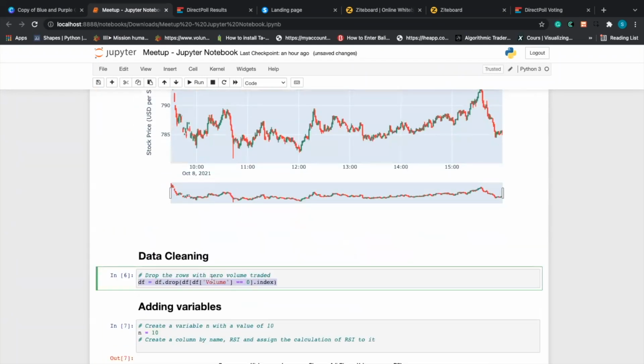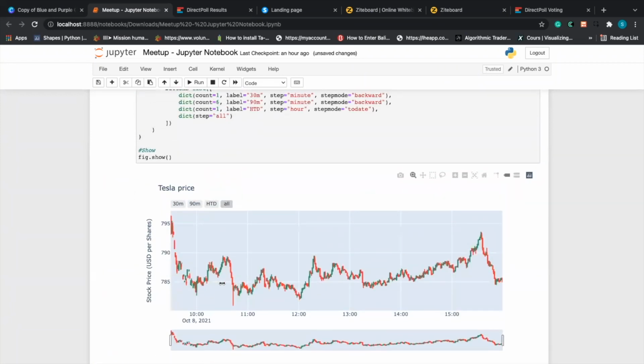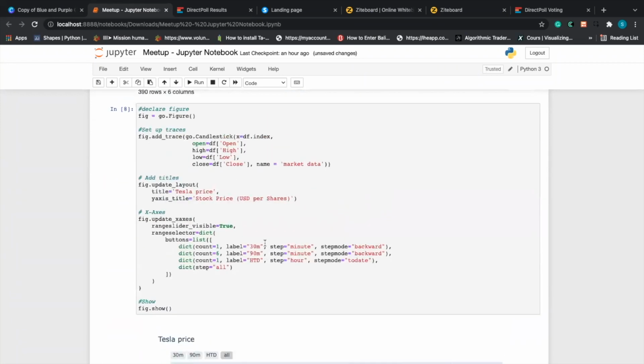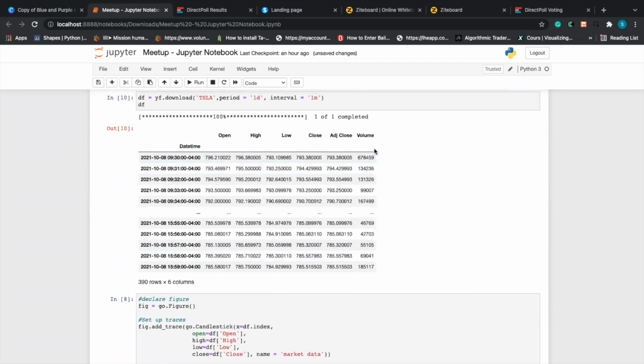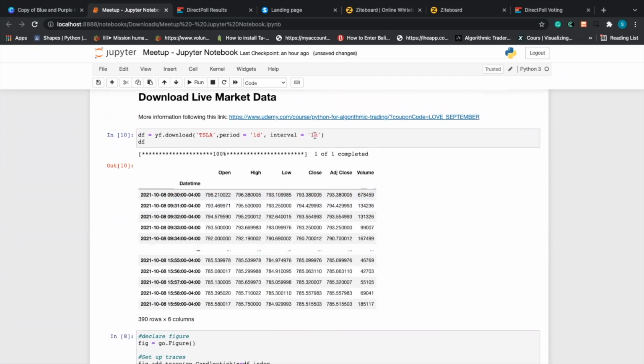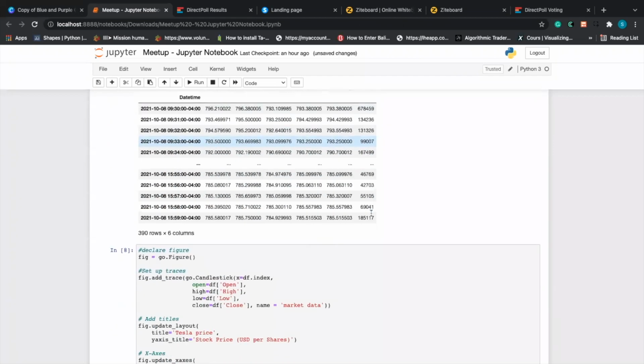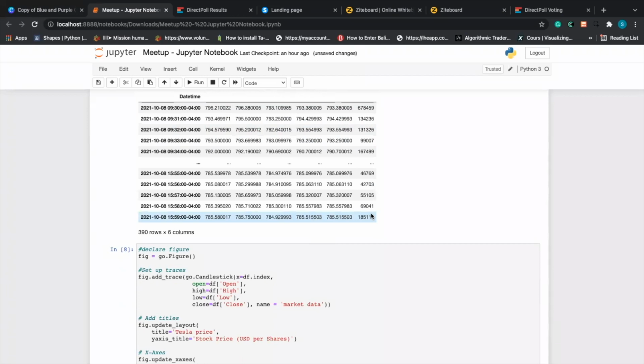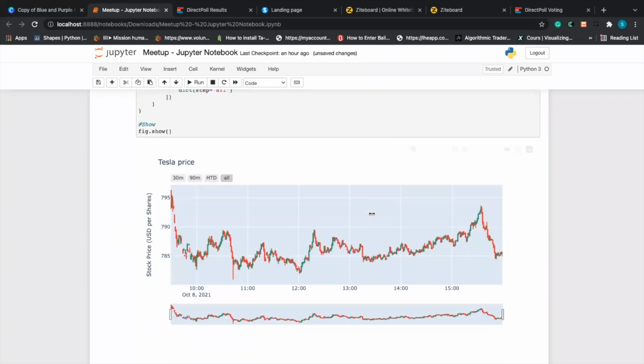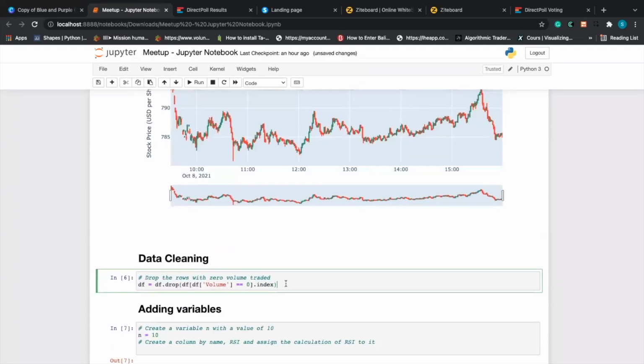So how are we going to clean our data? Essentially, there's just one column which is going to have some missing data, which is the column of the volume traded, because mainly when you take a 1 minute interval, sometimes you have a volume traded of 0. If you take a 5 minute interval, this issue should not exist. But with 1 minute intervals, sometimes there is a lag between the API and the information which is shared. And what we are going to do right here is start by removing all the rows where